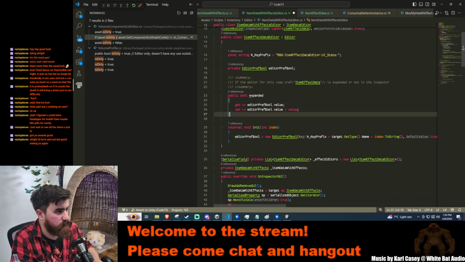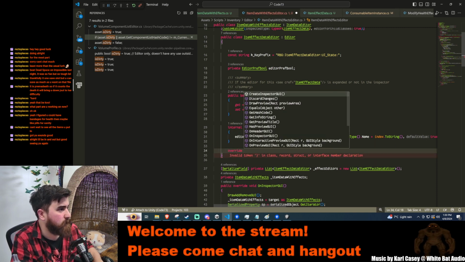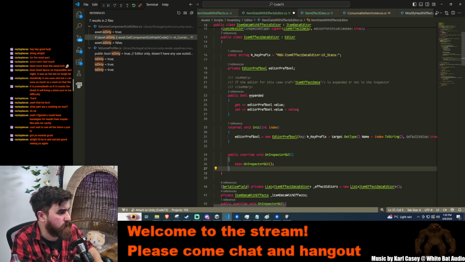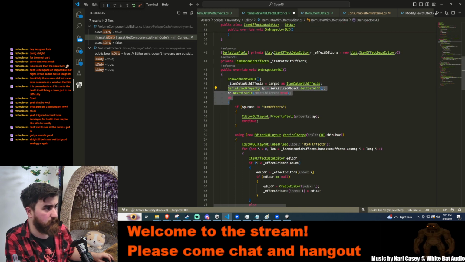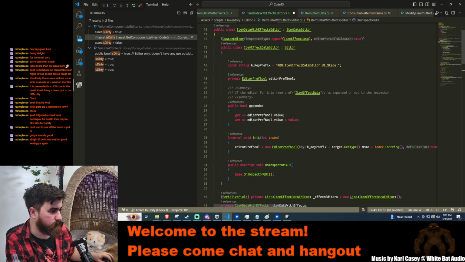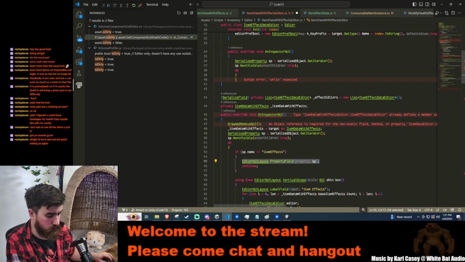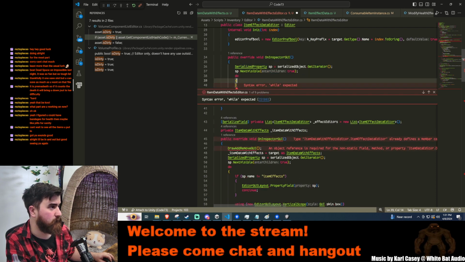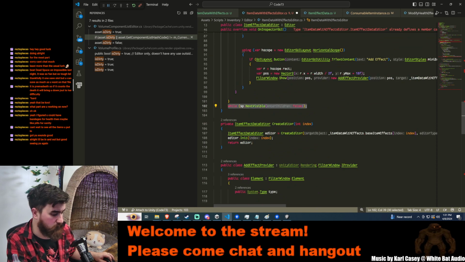I guess I can do this after init for the GUI part. On inspector GUI. Basically just want to do this whole loop,